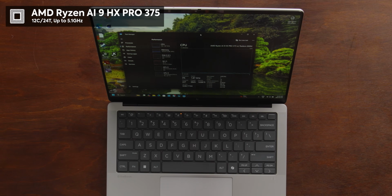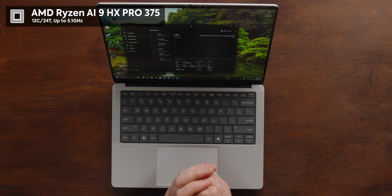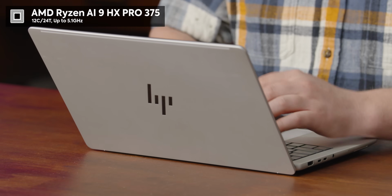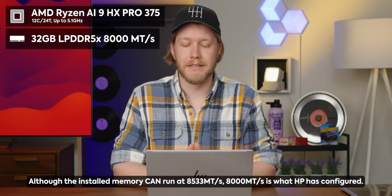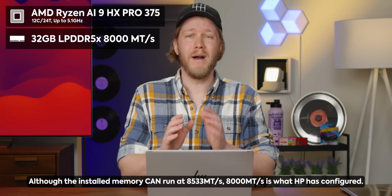Although this does not have quite gaming laptop power, it is quite a competent little machine. And here we have the AMD Ryzen AI 9 HX Pro 375 with Radeon 890M. That is quite a mouthful, but it does have 12 cores, 24 threads. It is quite a fast little guy. We also have 32 gigabytes of 8,000 mega transfers per second RAM, which is going to be quite rapid, but